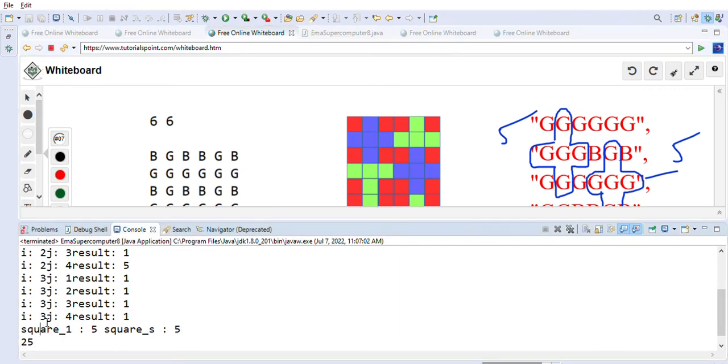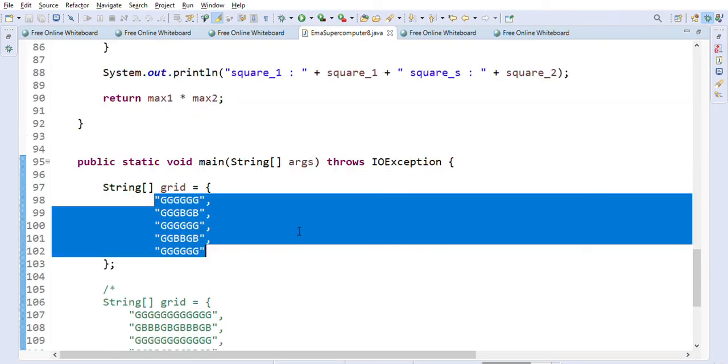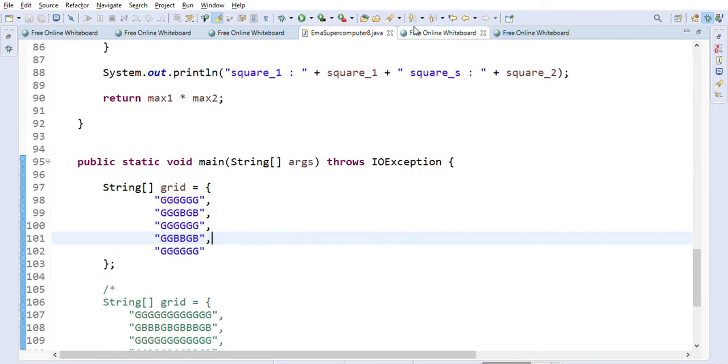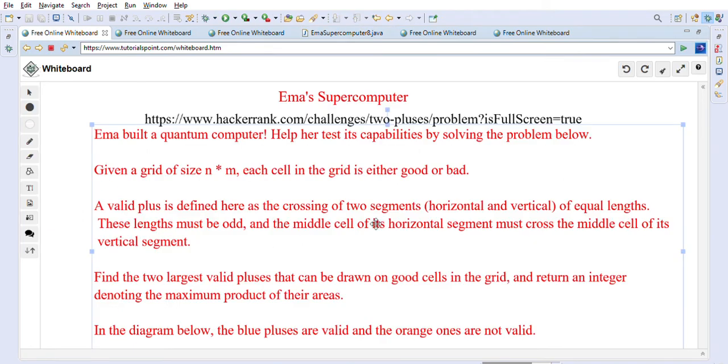So now these are the square, one is 5, which is the maximum size square. The next square is 5, so 5 by 5 is 25. Square means plus sign, basically it is plus sign, right? So this is the way we can solve this EMAS computer problem on the HackerRank. I am going to add this link to the actual coding challenge where you can go and check out the coding challenge. I hope you clearly understood this problem and the Java solution that I showed you in today's